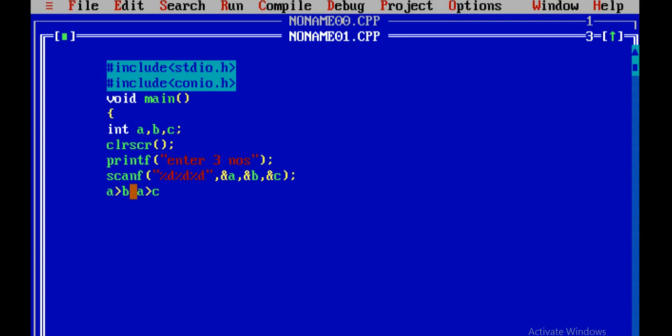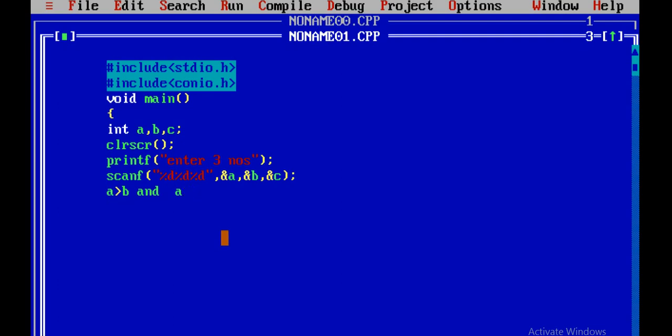What is the operation we have here? And. That means A should be greater than B and A should also be greater than C. Then we say that A is greater. Otherwise, if any one of the conditions is false, then the entire condition will be false. That means B is greater or C is greater. Again we have to check: is B greater than C or not? If B is greater than C, the condition is true, B is greater, otherwise C is greater. Here we should understand we are implementing the logical AND operator, and here we are implementing relational operators.